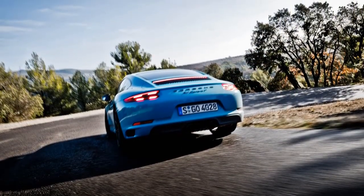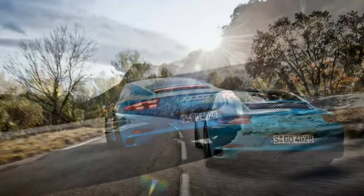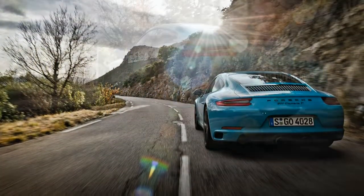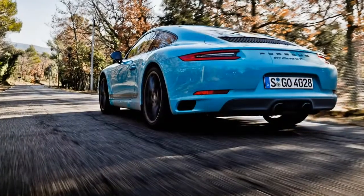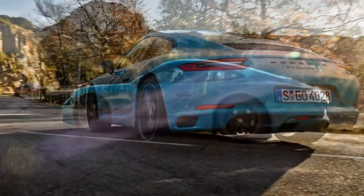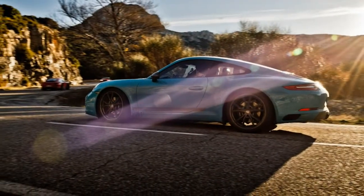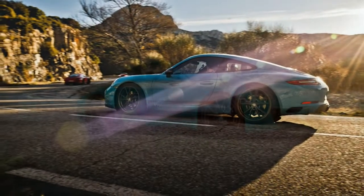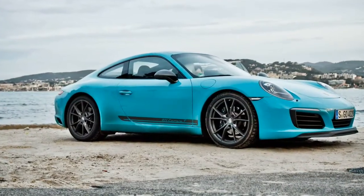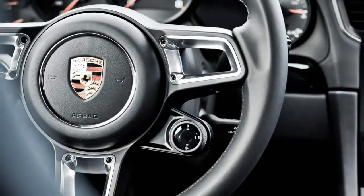But it's the T's seemingly benign engine that's perhaps its greatest asset for the Turini. Relatively small turbos dump enough boost, 13.1 pounds per square inch peak, into the 3.0-liter that torque peaks at 1,700 revolutions per minute. And that, in combination with a devastatingly effective limited slip differential, definitely makes the T